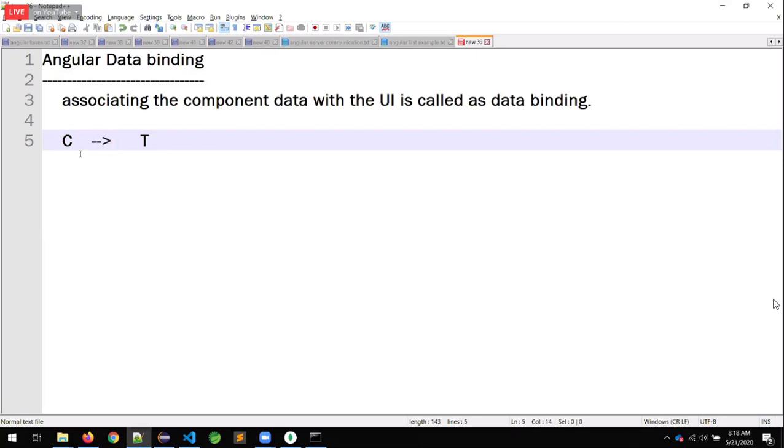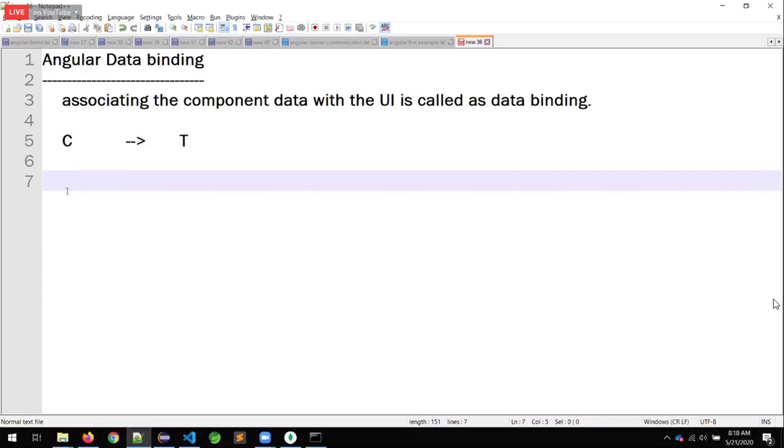Right now, very simple. In a program, where do we store the data? Variables.